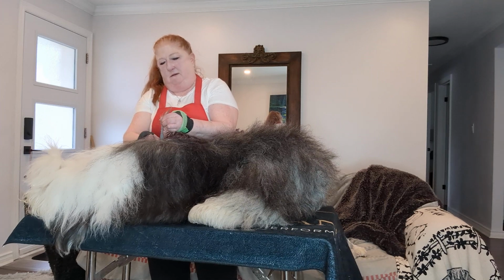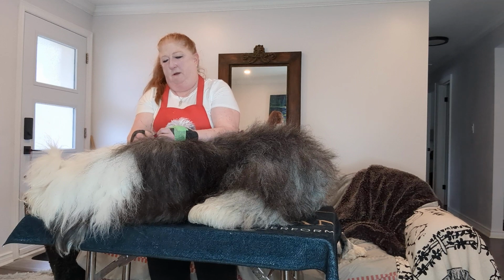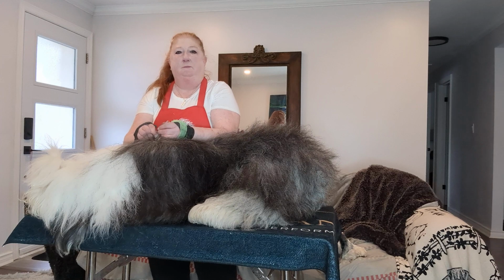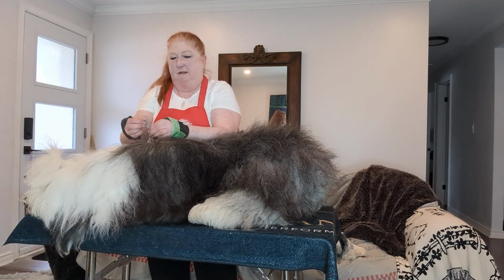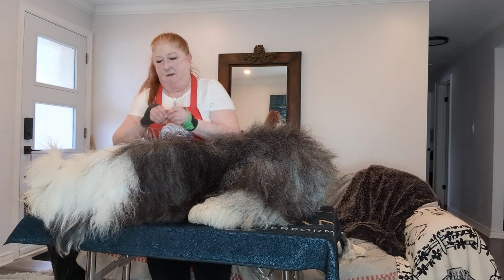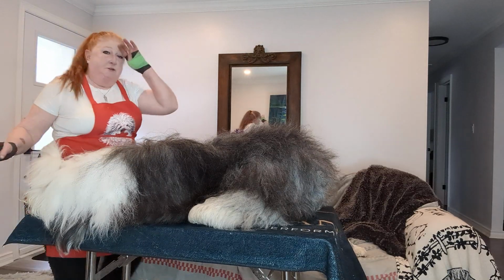Now, you can either just pop it out, or you can try to work it out with your fingers. I generally try to work through them, but sometimes it's not worth it. So, you know, a little nip with the scissors or the thinning tool. But you have to remember, it depends on what your dog's doing with his coat. If he's just looking gorgeous,